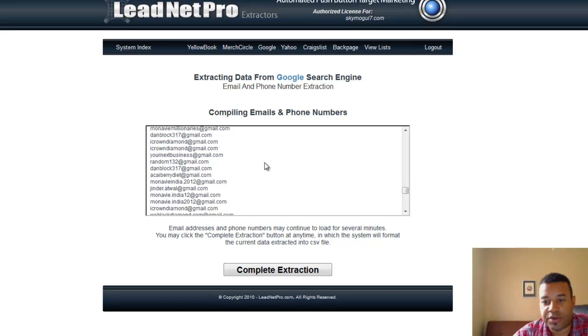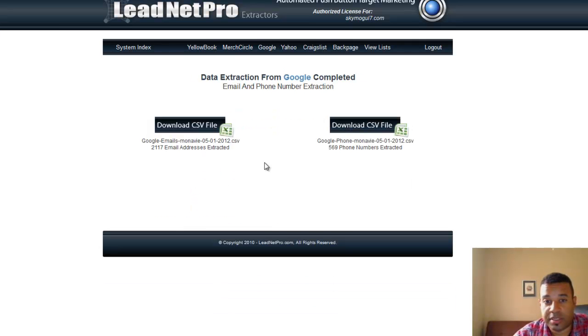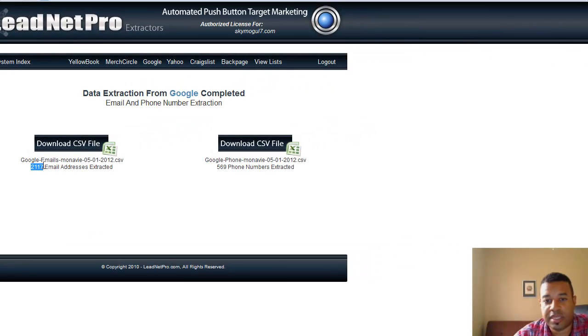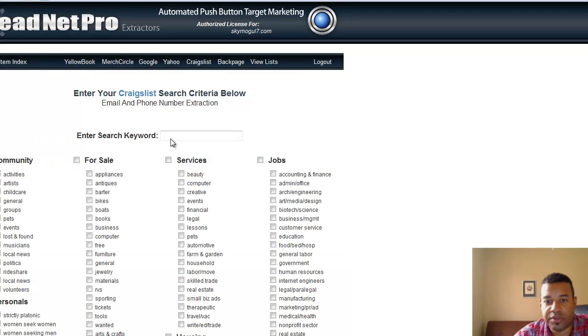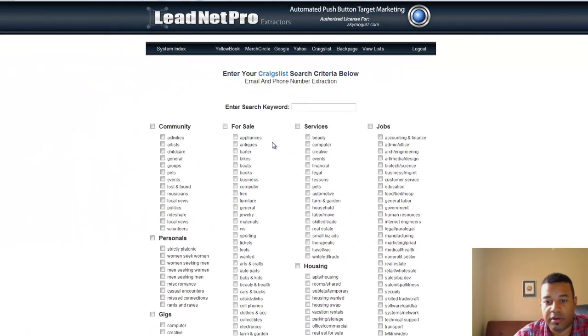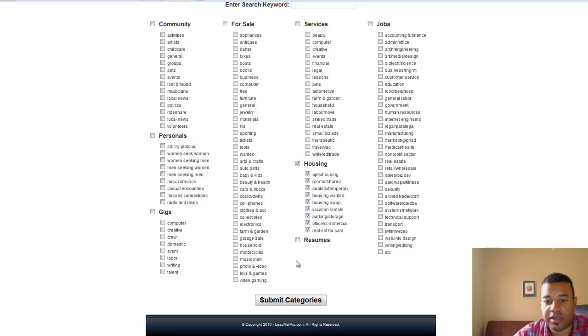As far as scrapers go, I own several scrapers, and this is definitely one of the fastest. So you can see it pulled 117 email addresses and 569 phone numbers from Google by typing in Monavi. You can do the same search through Yahoo, Merchant Circle, Yellow Book, and then Craigslist is a little bit different. So this is in Craigslist. Again, you can go for, let's say, housing. You can click all that,